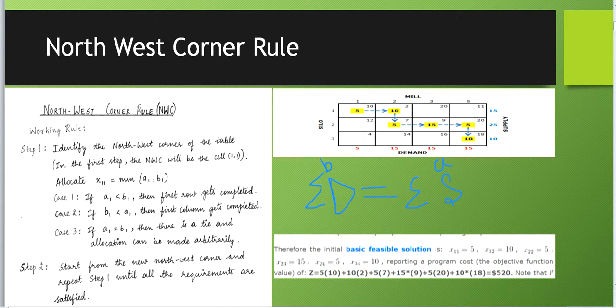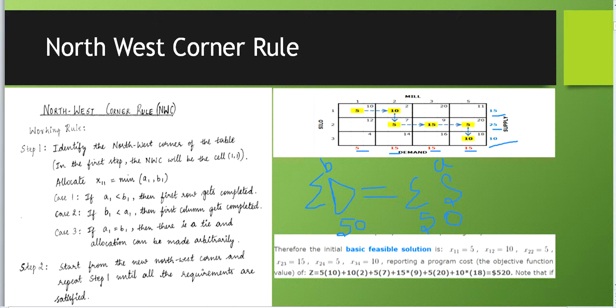Now I have to first check whether the problem is balanced. So to do this, I have to consider all the values that have been assigned here. That is 5 plus 15 plus 15 plus 15. When I add all this together, it gives me 50. In the same way, I have to consider the summation of supply values, that is 15 plus 25 plus 10. It gives me again 50. Now this is a balanced problem because both the supply and demand are equal. So we need not worry about adding either a dummy row or a dummy column. We shall see that in the next video.